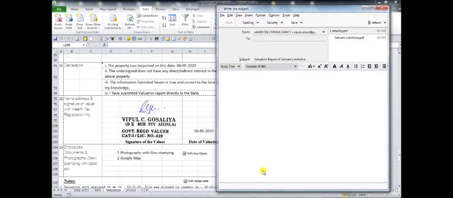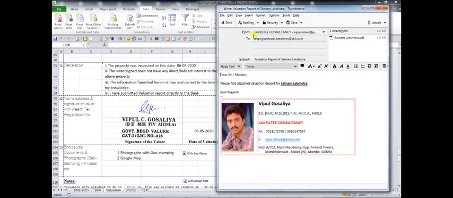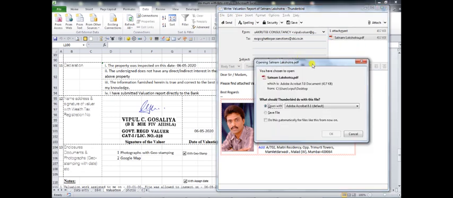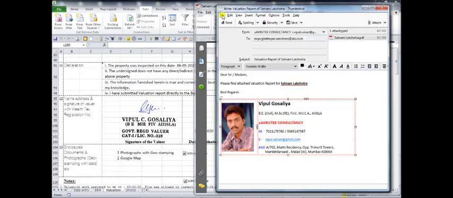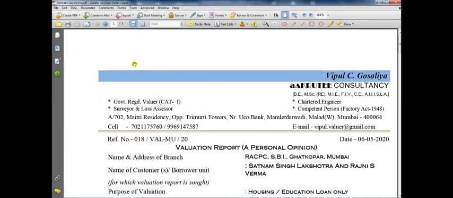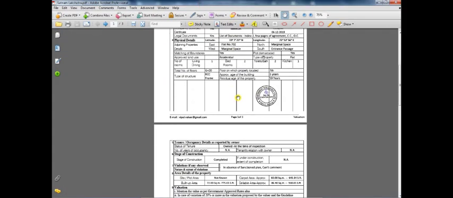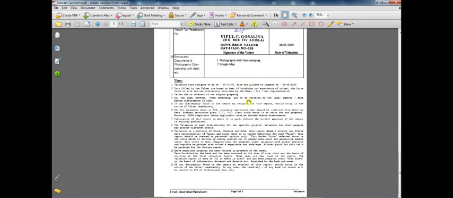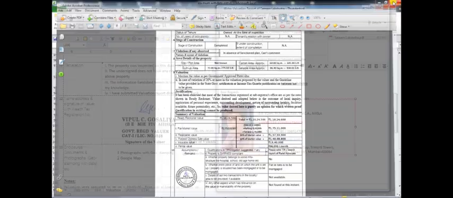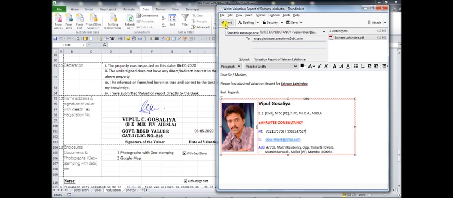The body text will be automatically done, and the attachment, our report, will be converted to a PDF file and attached here. We just have to send it like this.